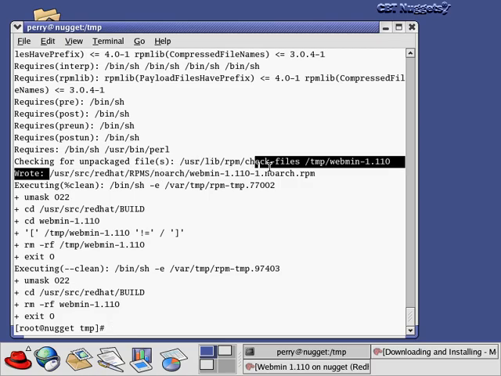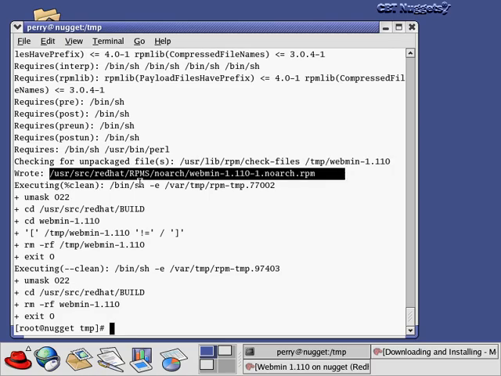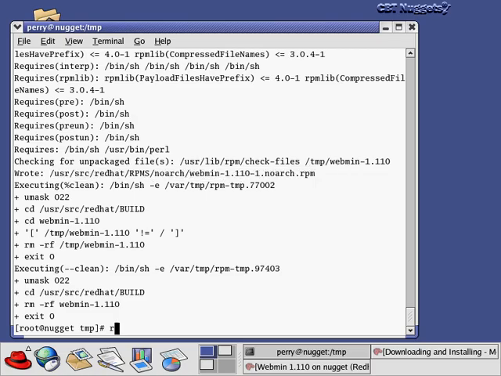Okay, so you can see up here, let's see, where is it exactly? So it says right here, it wrote /usr/src/redhat/RPMS/noarch/webmin-1.11-1.noarch.rpm. That's exactly the same file like we downloaded 5 minutes ago off the internet directly. But this time we downloaded the source file, we used rpmbuild to create this,